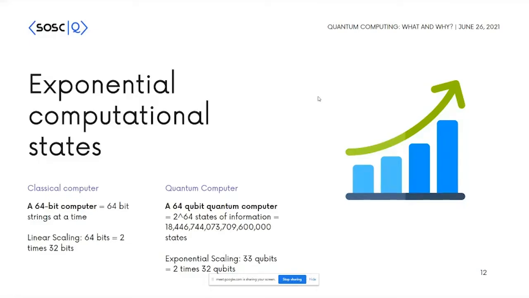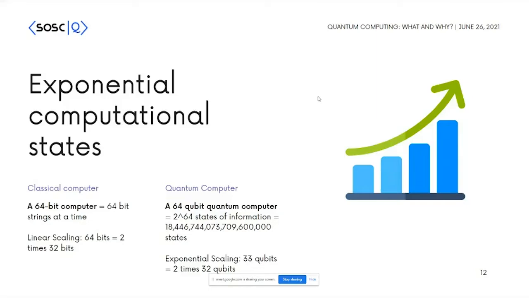So if you have a 3-qubit computer, it's 2 raised to 3. If it's a 64-qubit computer, you have 2 raised to 64 states of information, all of which you can process at a time. Remember, I'm talking about information. We are not breaking any information theory principles here. You can process 2 raised to 64 states, but you can only obtain 64 bits of information, even from a quantum computer, right? So the main word here is you can process a lot of things in parallel.